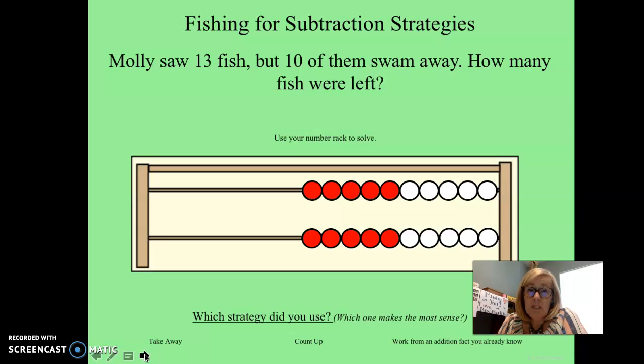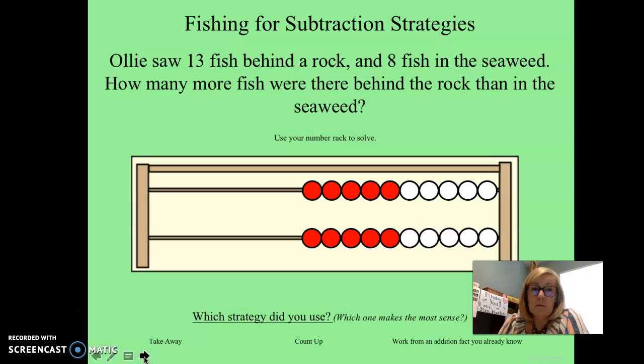Molly saw 13 fish, but 10 of them swam away. How many were left? Ollie saw 13 fish behind a rock and 8 fish in the seaweed. How many more fish were there behind the rock than